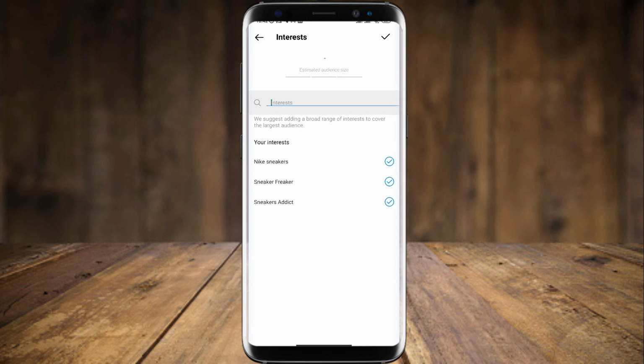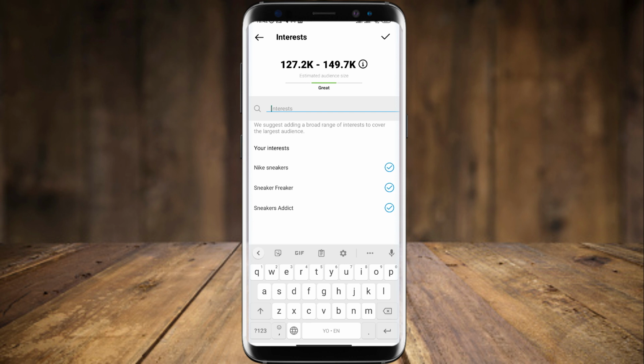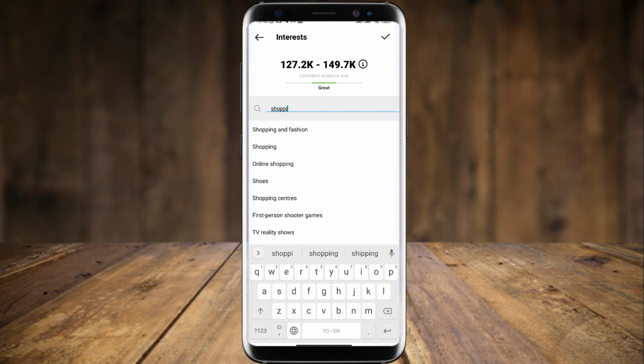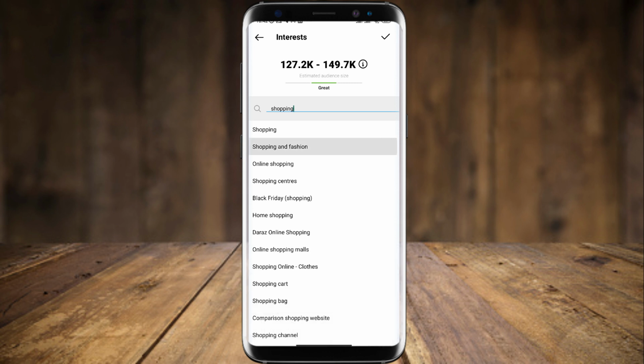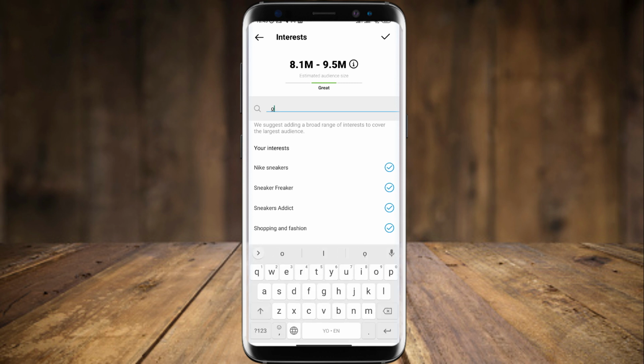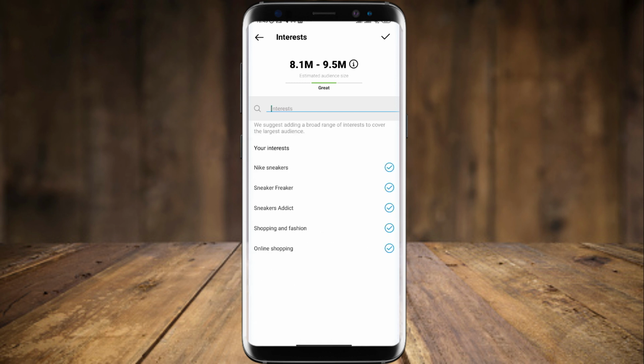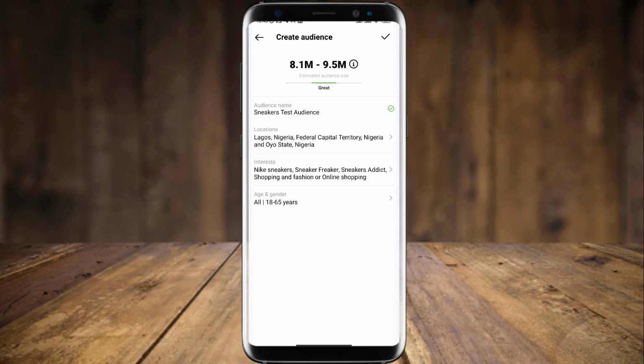Okay, so as you can see, the estimated audience size keeps increasing as I keep choosing. So I'm going to go with shopping this time. They have to be interested in shopping, especially fashion, and also they should be interested in shopping online. So I'm just going to keep on selecting things that I think might be useful and would be of their great interest. So after that, I'll click on this, and then here I go to the age